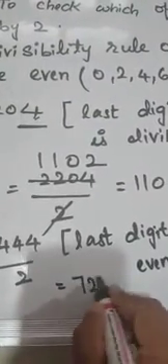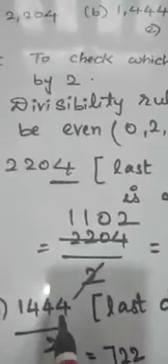So we have to check here 1444 divided by 2. In the table of 2, 14 will come. Yes, 2 sevens are 14. So 14 minus 14 is 0. Next we write here 4. 2 twos are 4, 4 minus 4 is 0. Next another 4. 2 twos are 4, 4 minus 4 is 0. So we got here 722. The last digit is 4, which is even, so it is divisible by 2.